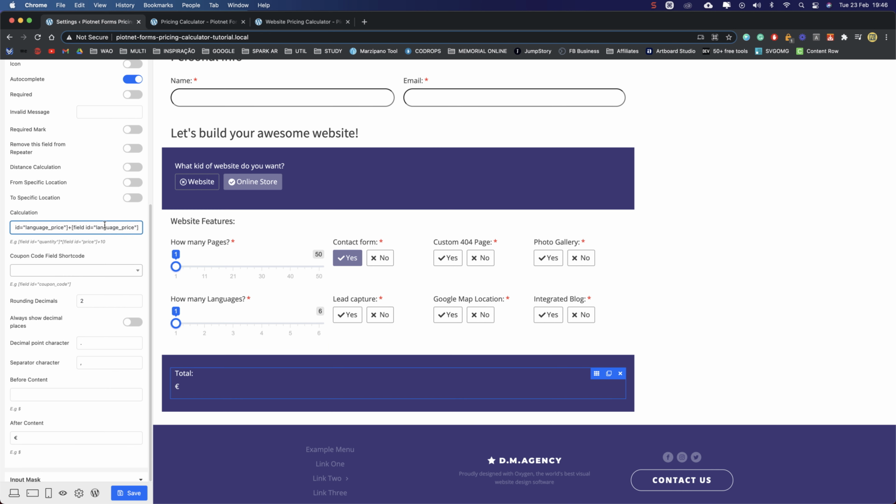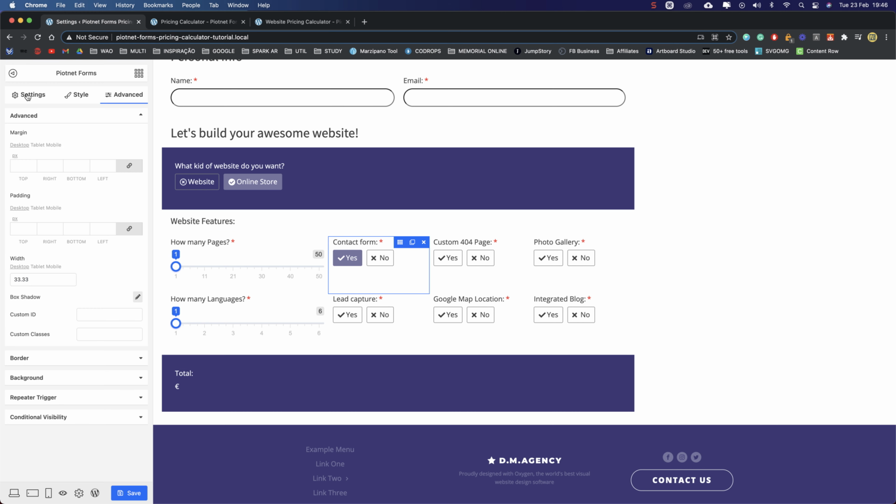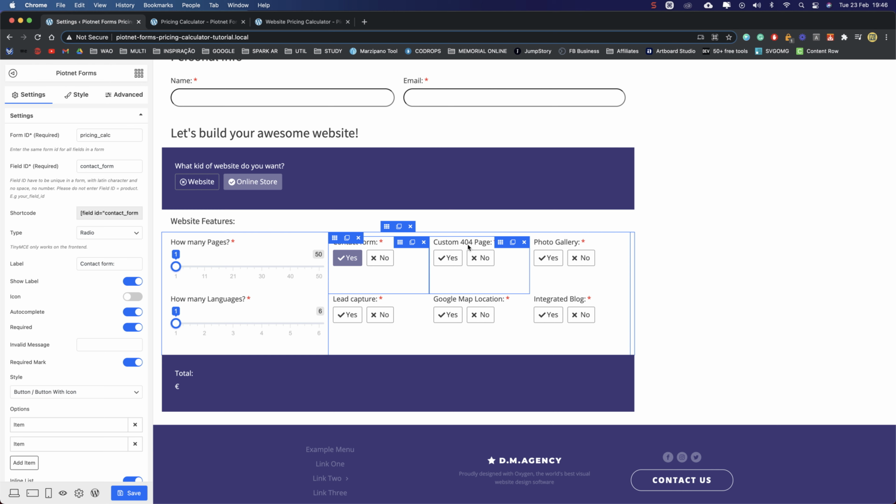And here I'm pretty sure that is contact form. Let's just confirm that. Contact form, yes. This one is custom 404.